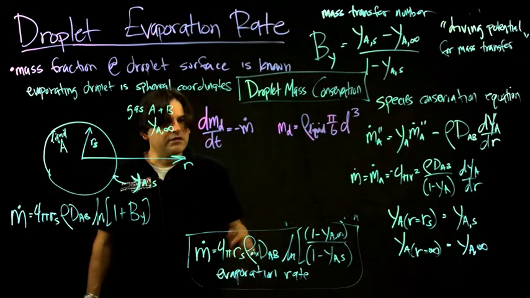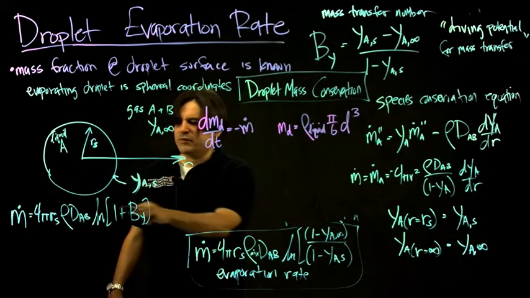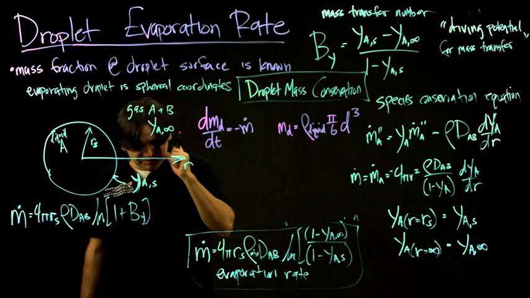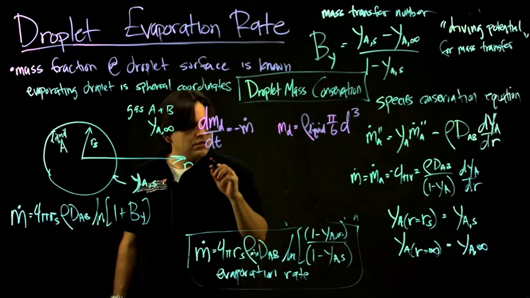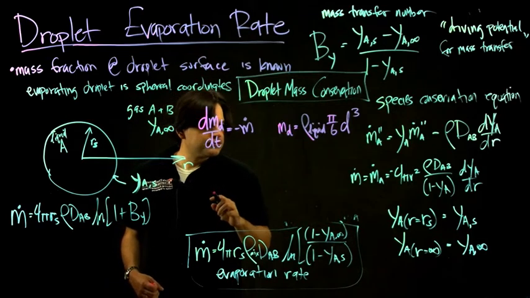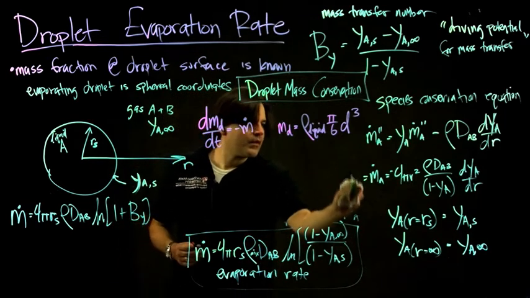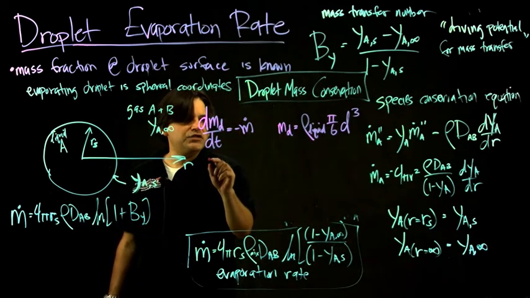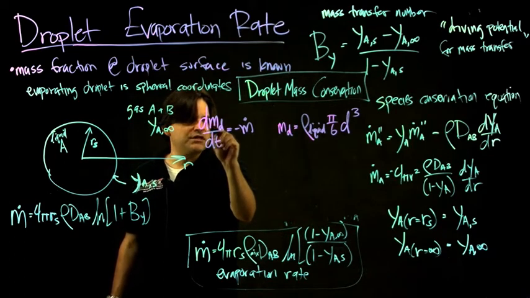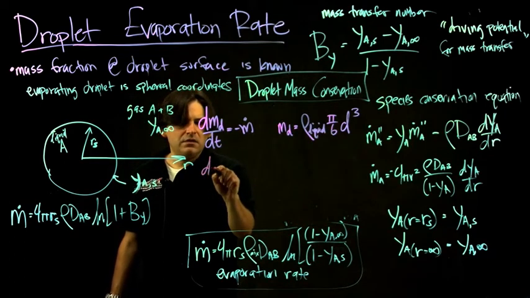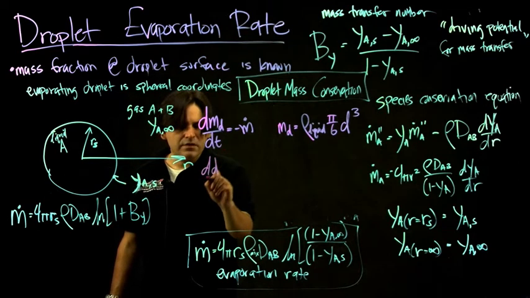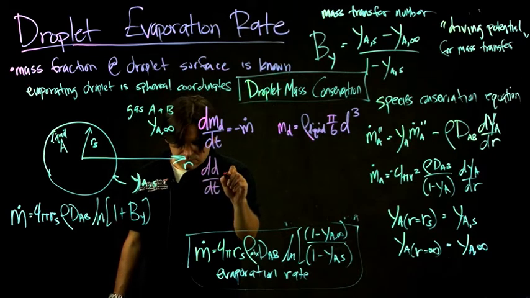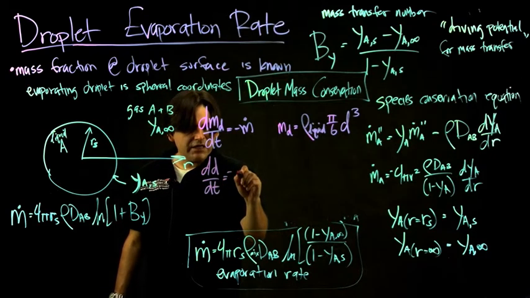So by combining this expression we found with another definition of the droplet in terms of the diameter, you can show that another way of describing this would be, expressing the mass in terms of diameter, the change in the diameter with time equals negative